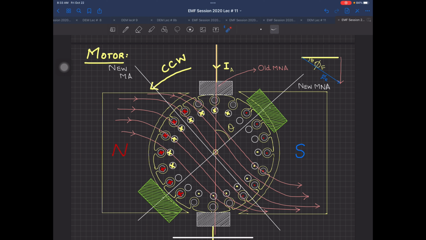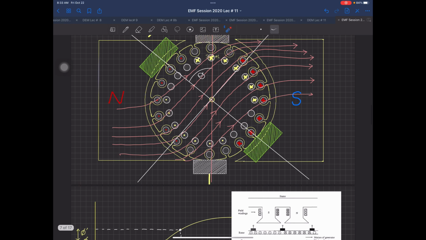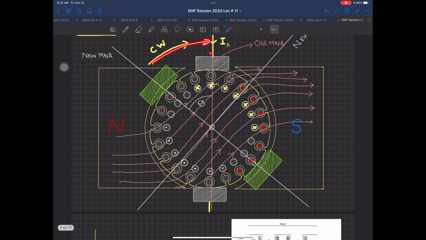What had happened earlier? It shifted on the opposite side. Now the machine is rotating in this side, but shifting has taken place in the opposite direction. In the clockwise direction, this was moving in this direction, so the shift was in the opposite. So in motor phenomena, when the machine is rotating clockwise, the shifting takes place counterclockwise. When the machine is rotating counterclockwise, the shifting takes place in this direction. So now if you want to run a machine, supposedly sometimes in the clockwise, you will have to shift the carbon brushes to that side. When you want to rotate it back, you will have to rotate them back.